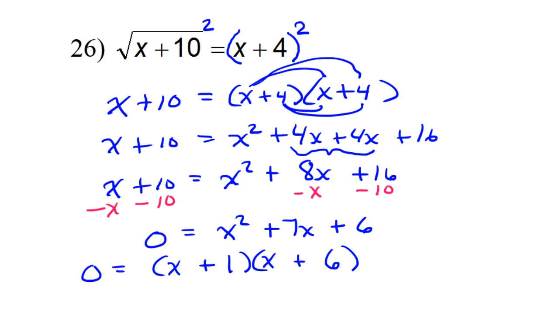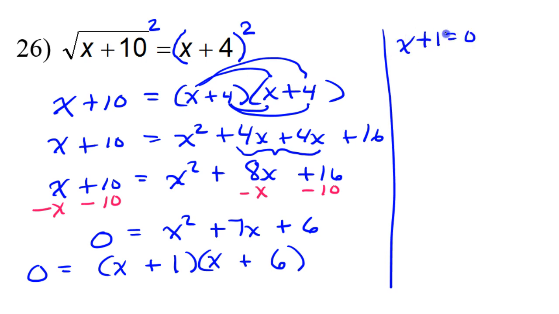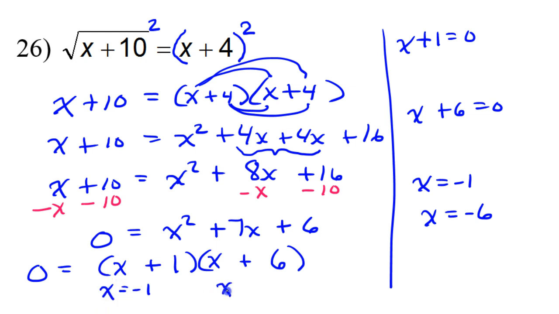Then you set these pieces equal to 0 and solve. So I think I'll just do that over here. So if I have x plus 1 equals 0, and if I have x plus 6 equals 0, that's going to give me x equals -1 and x equals -6. Now be careful. Anytime I get two solutions, I always check them. In fact, you know what, let me leave space. So over here, this is going to give me x equals -1, and x equals -6. I'm going to use this space over here to check